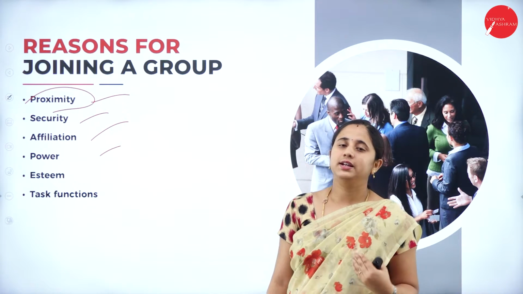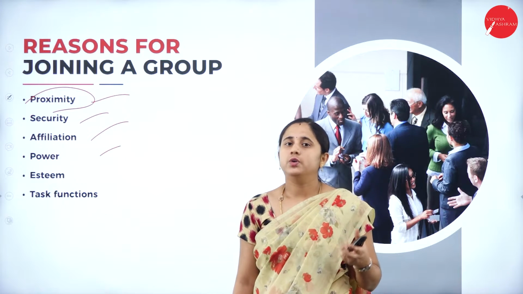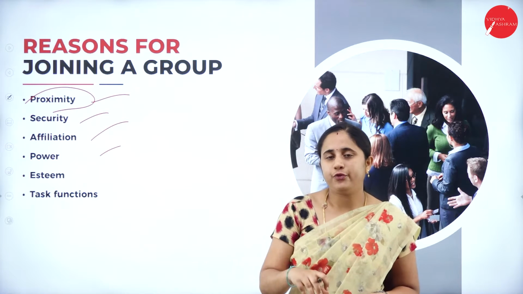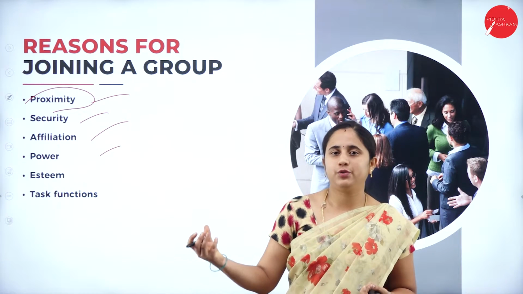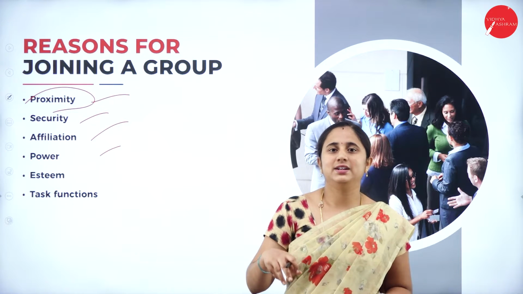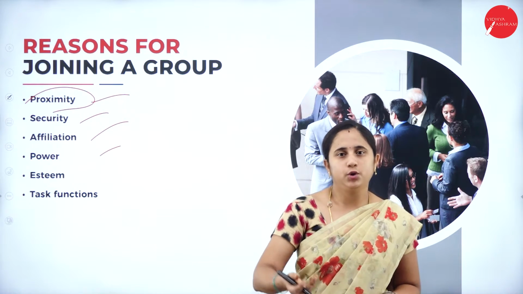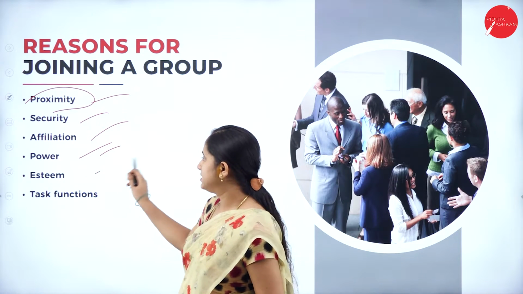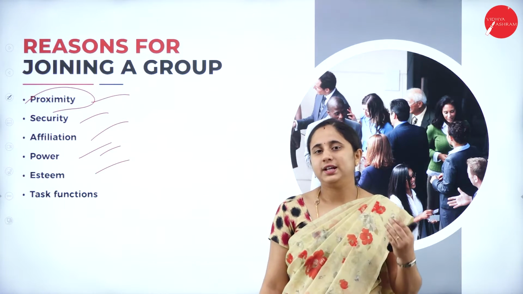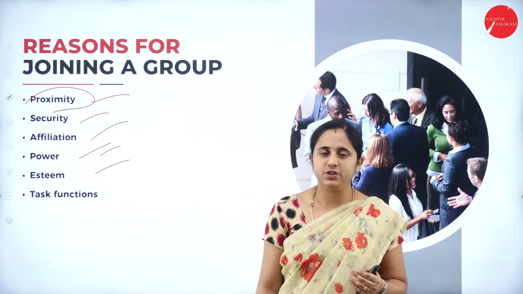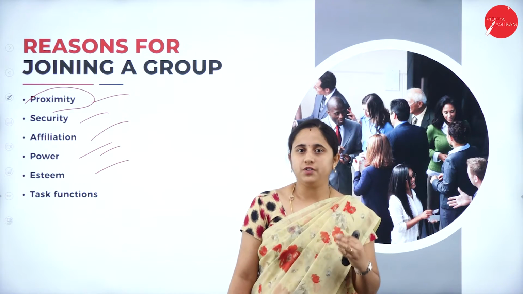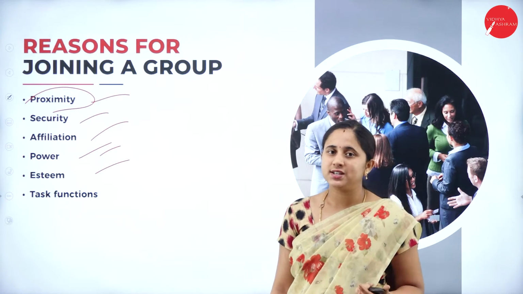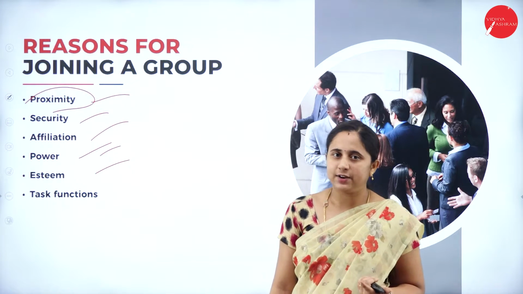So power, in the sense, gives two types of power. It helps you to stand united. As well as an informal leader, it gives power for an individual in a group to make decisions or to give commands to the group members. So it gives power for an individual. Next one is esteem. When you are working in a group, it helps to increase the self-esteem of an individual so that you will gain some confidence about yourself. So you can increase your knowledge and efficiency, and it helps to increase the self-esteem.